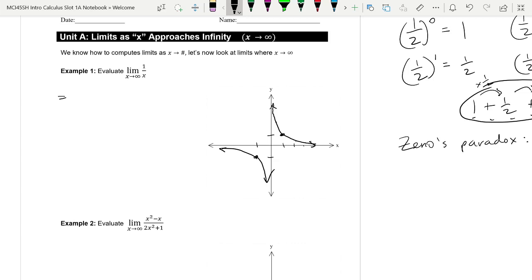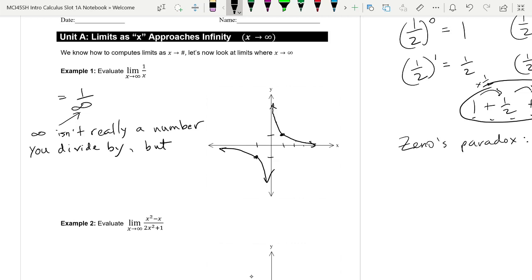So really, what we're getting is 1 over infinity. But of course, I'm going to write this in words, infinity isn't really a number. And it's certainly not a number you can divide by. But let's just think about it logically. Recall that this symbol itself says what? It means